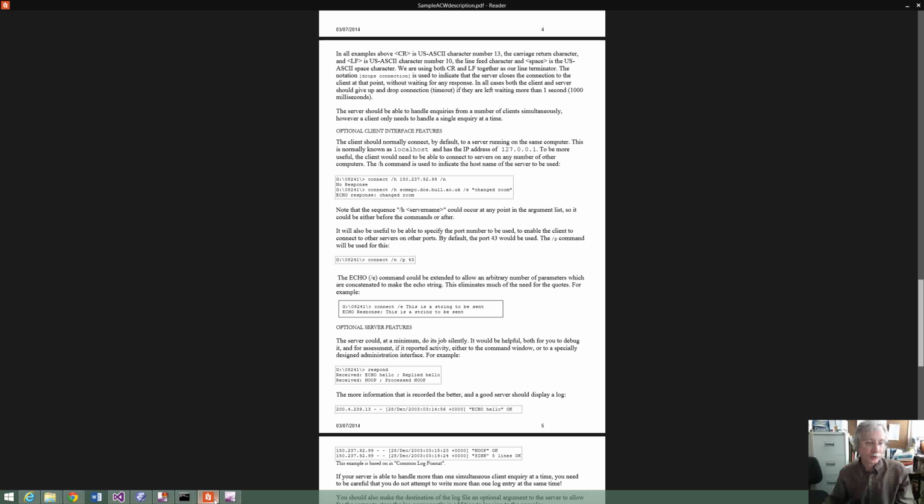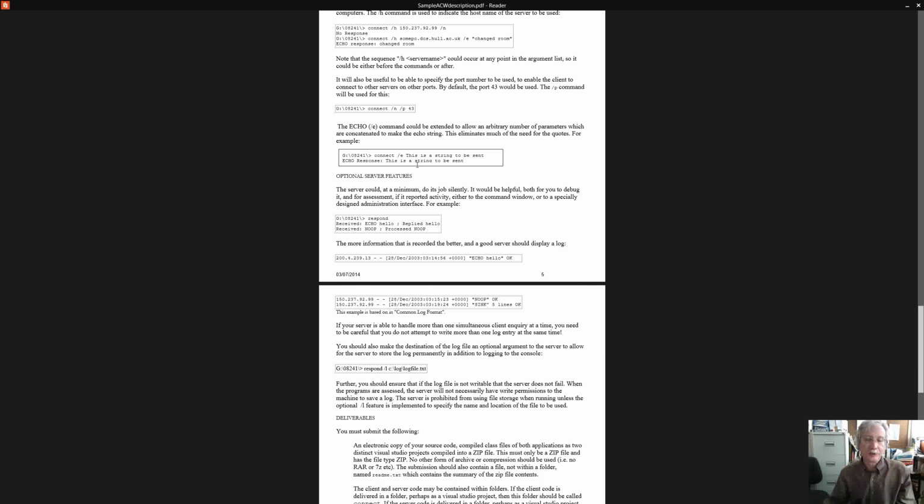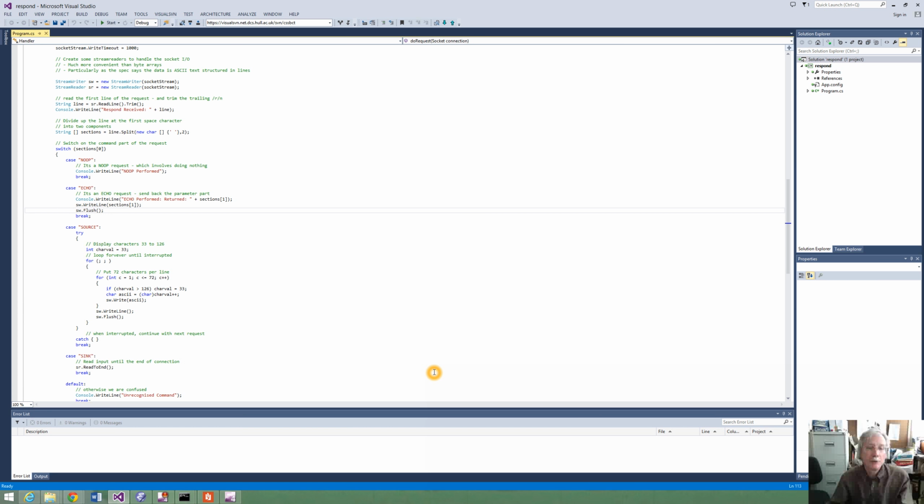Okay, then we can quickly check our specification and see what the optional server features are. So the optional server features are that if we want to do it best, we could put some logging in, a common log format, and if we do, we either do it to the console or we're told the file name. So those are the main features that we need. So if we want to do some logging,